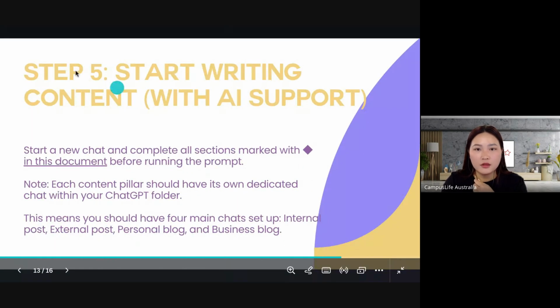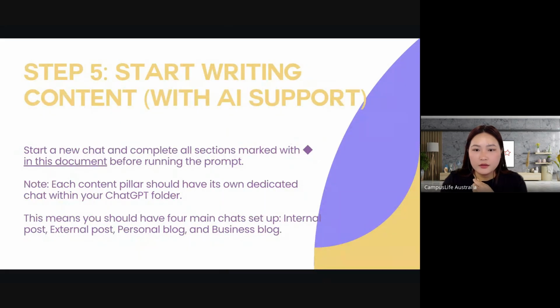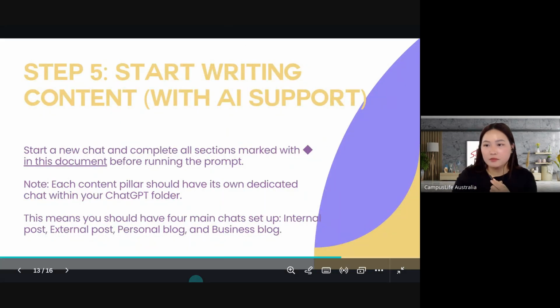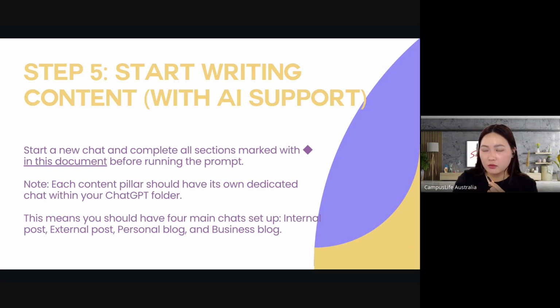Yep. So as I just showed you, just start a new chat and complete all the sections marked with this sign in the document that I just showed you before running the prompt, to ensure that it generates the closest content outcomes and results that you aim for. And just make sure that for each content pillar, you should have its own dedicated chat